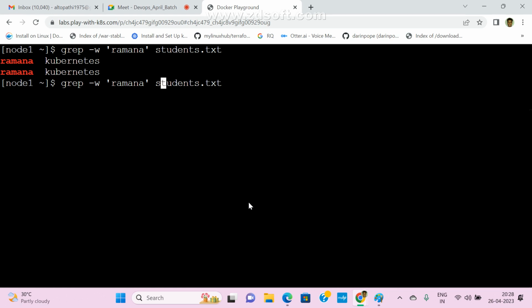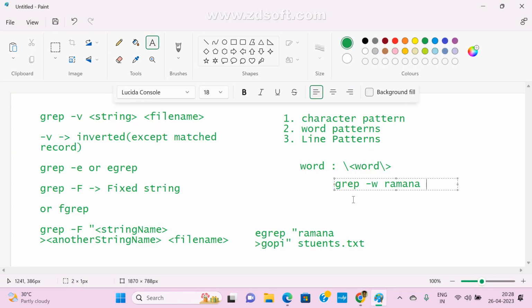We can pass it like this also. Now how can I pass it? This is the word pattern, and we need to follow this way. We want to check which letter a word starts with. We are passing some name that it starts with, so I want to search something. In that case, we can check like this also.